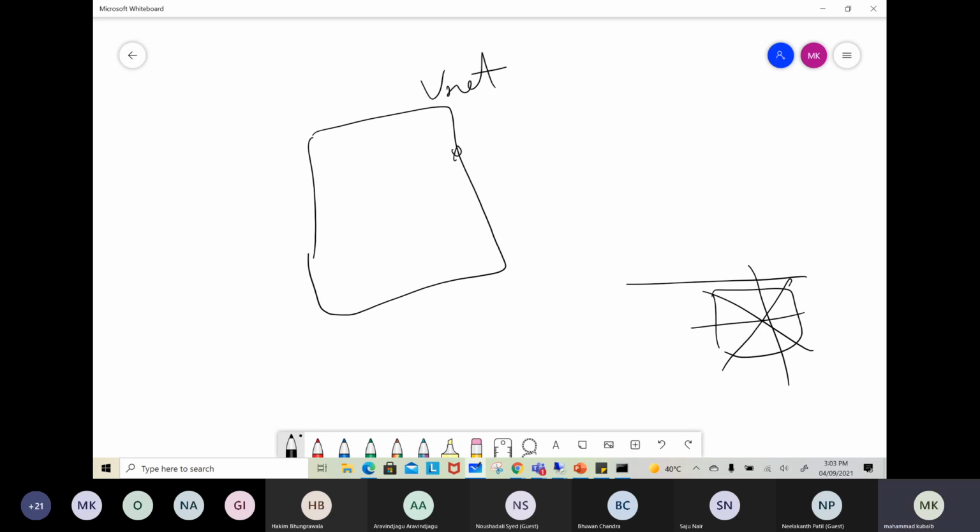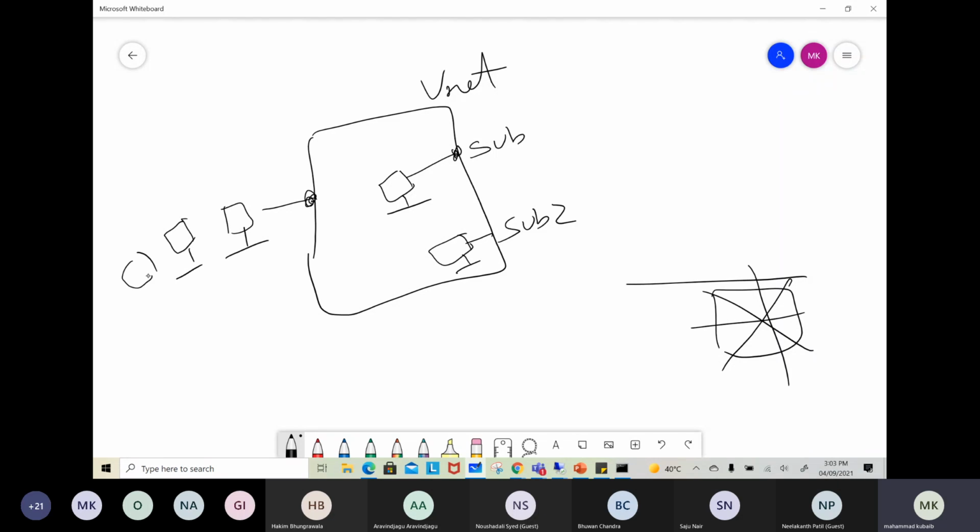Okay, you created a Vnet. Here you'll have a subnet, you deployed one VM, you have a subnet 2, you deployed another Vnet. Here you have one more subnet on which you have your WVD host, maybe many hosts. Now see this, let's imagine this is your Exchange server, just for imagination, because if you are using Azure,